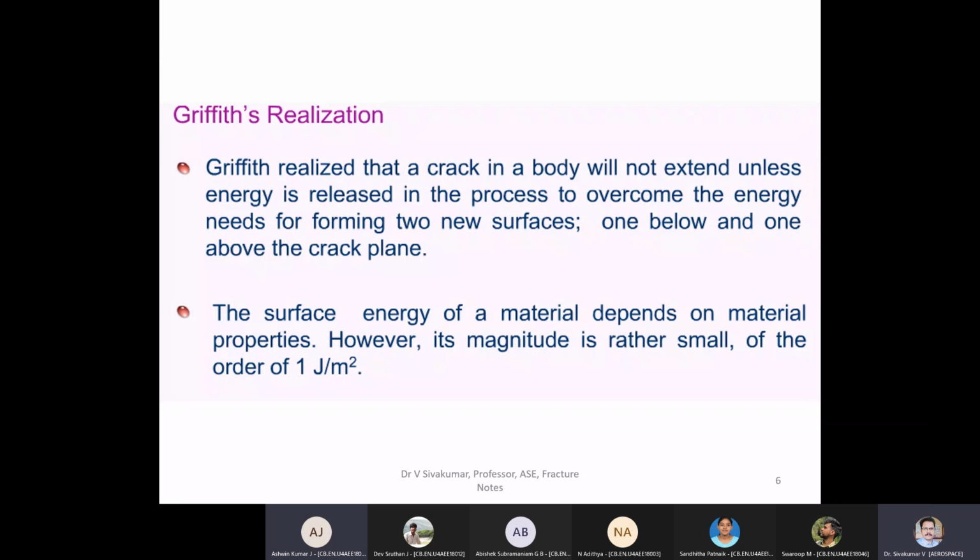Yes, sir. We have seen that surface energy. I told you, the surface energy is comparatively very low. So something is wrong with the concept. Griffith is saying that when the crack extends further, there should be enough accumulation of energy to make two new fresh surfaces, and then the crack will extend further. But once you see the accumulated energy and conversion energy, the surface energy seems to be very low. So that statement could not really be taken in a very sensible sense.